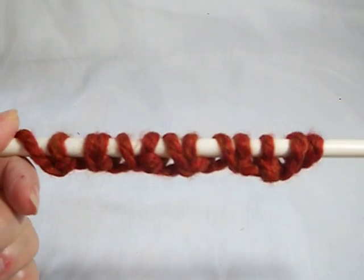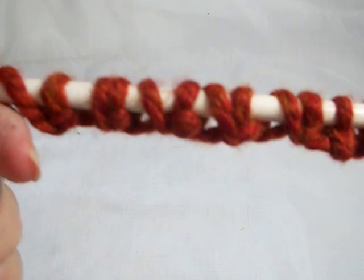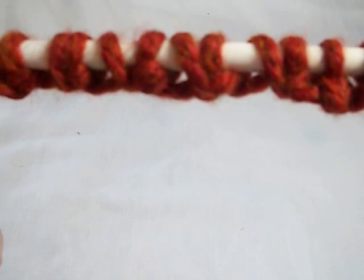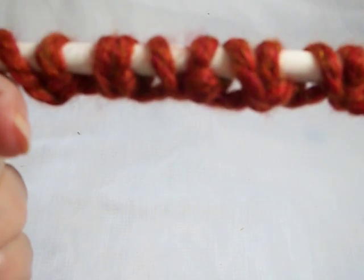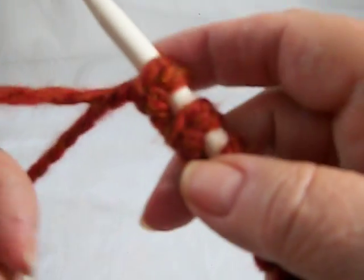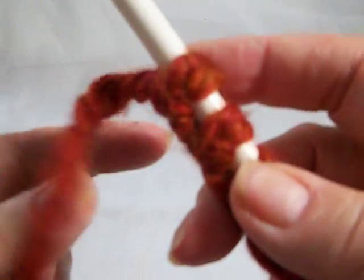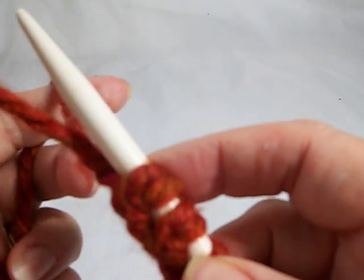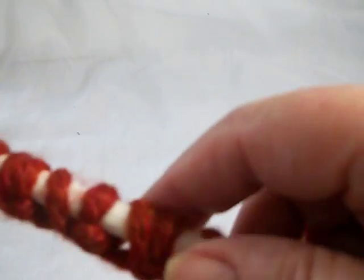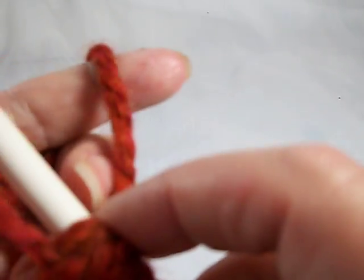So that is how we do the Chinese long tail. But if you like this effect and are not concerned about the subtle difference that is made by how the slip or simple cast on stitch is made, we can do this cast on as a standard long tail. So I'm going to reposition the yarn so that I realized I've been doing a standard long tail. So this is a standard long tail, this is the Chinese long tail,